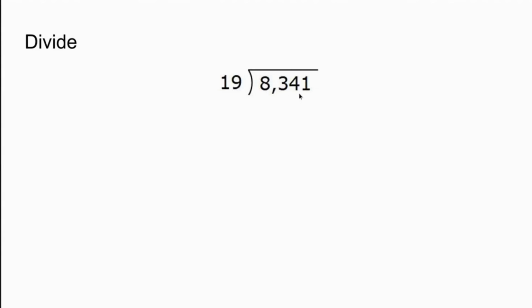Divide 8,341 divided by 19. In this case, we have the two-digit divisor, and we're trying to divide that from 8,341,